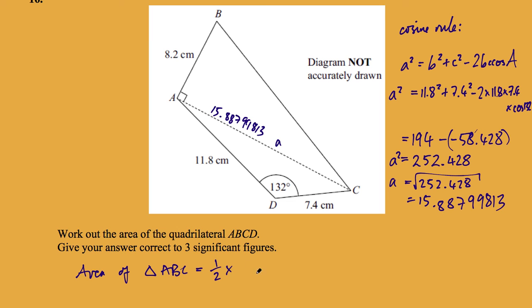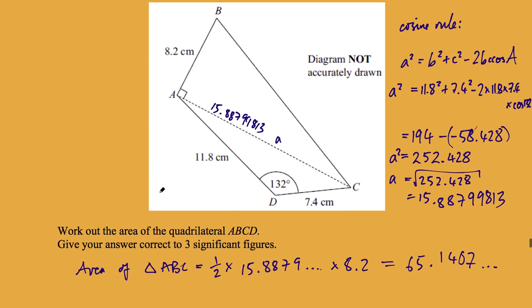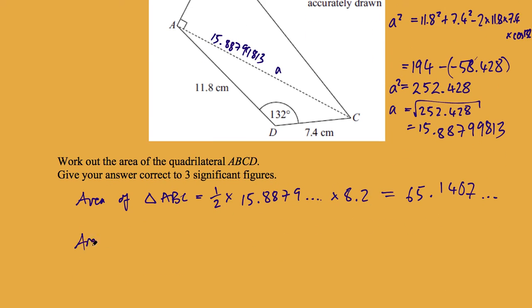half times base times height. Which is 65.1407-ish. And area of ACD, other triangle, I'm going to have to use half AB sine C, but I've got the two sides already, so I don't need to use this one. Area of triangle ACD equals half AB sine C, which is half times 7.4 times 11.8 times sine 132, which is